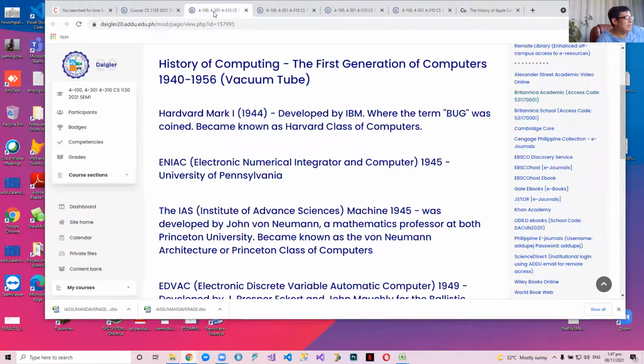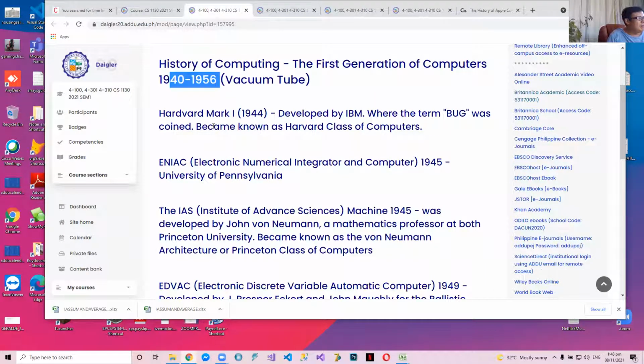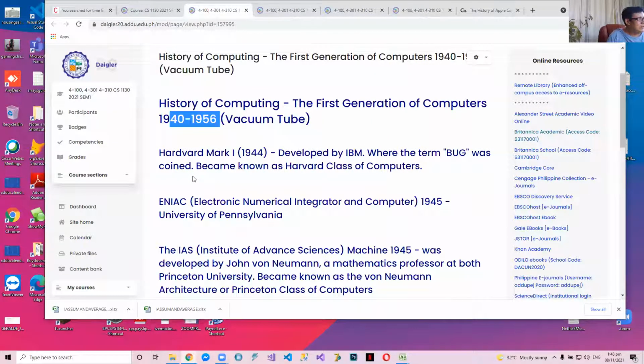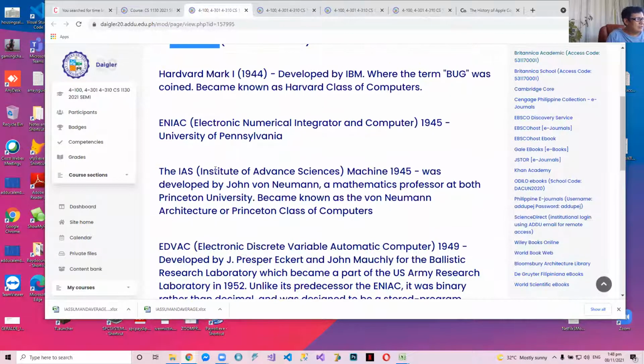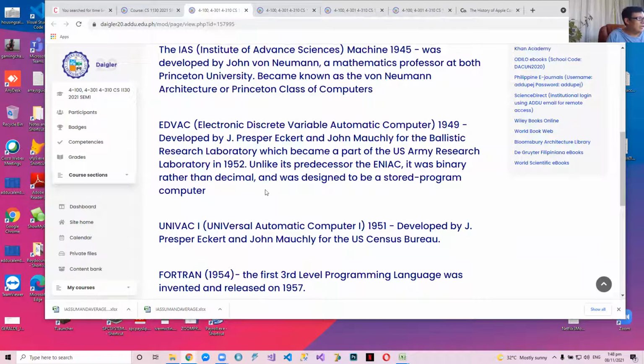Okay, so I have a link there describing the first generation of computers. So the first generation of computers are those manufactured from roughly 1940 to 1956 during the Second World War. So you know this to be IBM Mark I, ENIAC, no? The ABC computer was before 1940, I think. Then ENIAC, first generation, they're mostly made of vacuum tube diodes. EDVAC, UNIVAC, okay, to